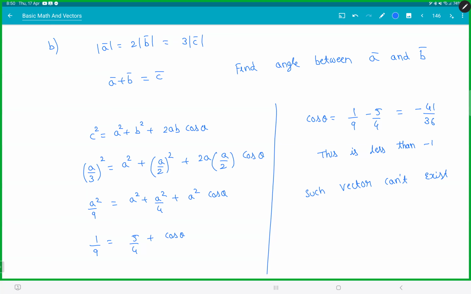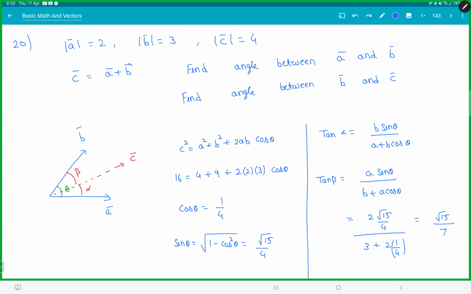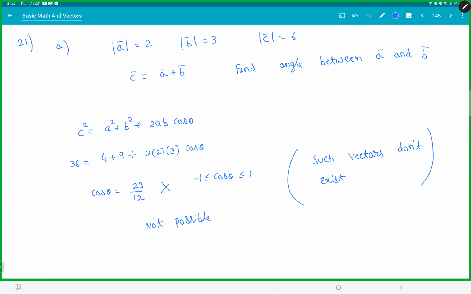So in parallelogram vectors, primarily you have like 2 to 3 varieties. One is what? I'll give you A and B and C. I'll ask you angle between A and B, or I'll ask you angle between B and C or A and C. That is one type of question. Primarily, these are the main ones. And then this is another one. Vectors don't exist. Next thing,